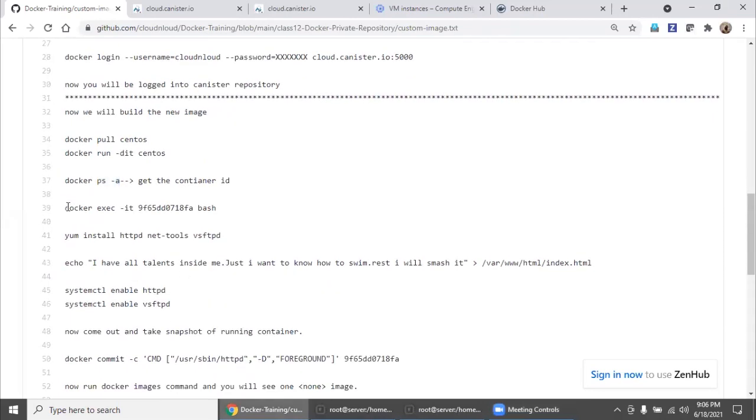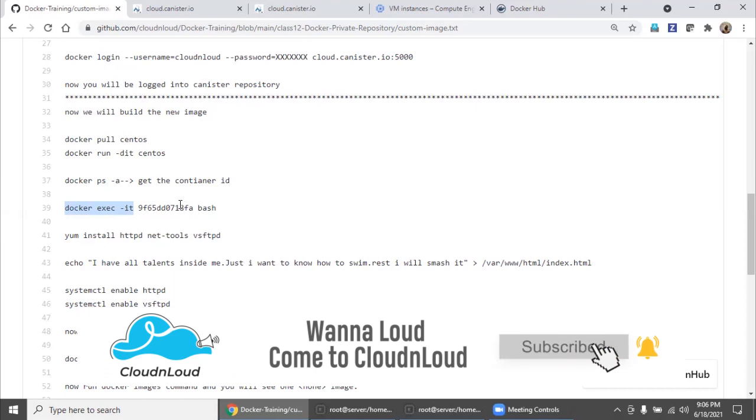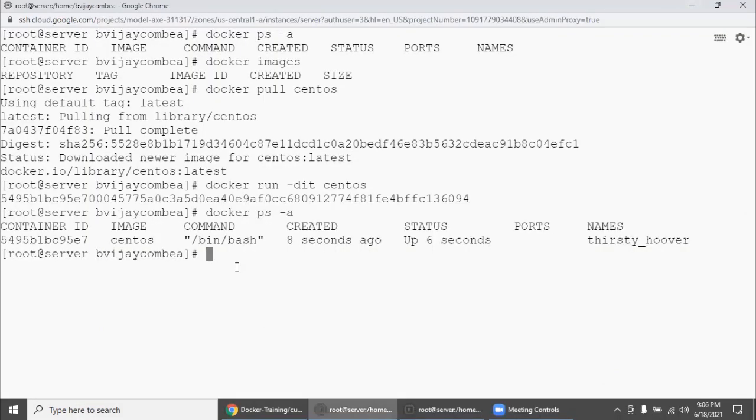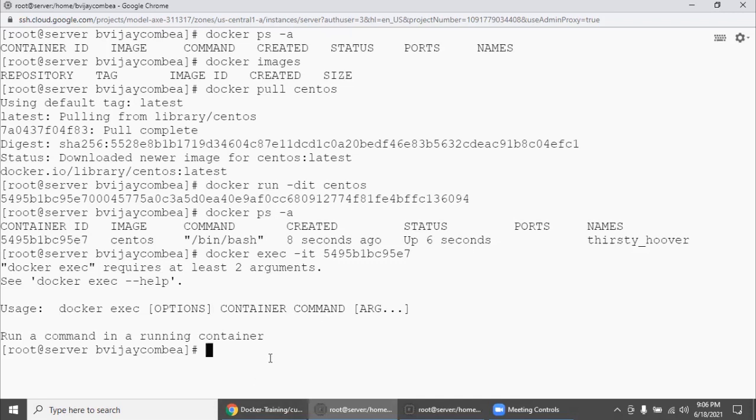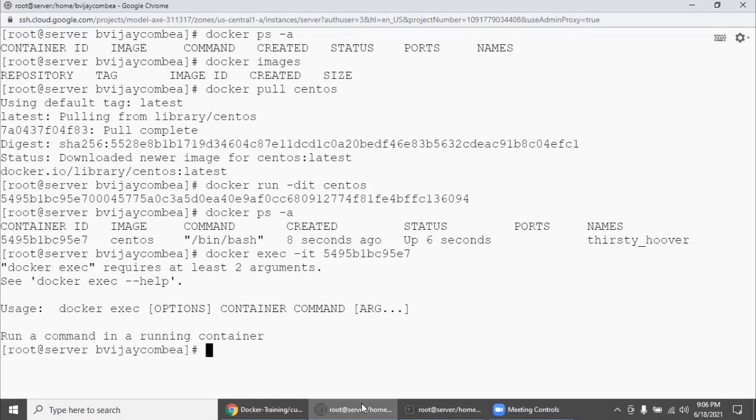Now we are going to log in inside. This container ID was taken from the lab where I prepared this documentation. Even now the container ID is different, so you need to always use the container ID from your own output, and this has to be replaced. Then I'm going to say which shell. Sorry, there is a typo. I'm logging in with the bash shell.